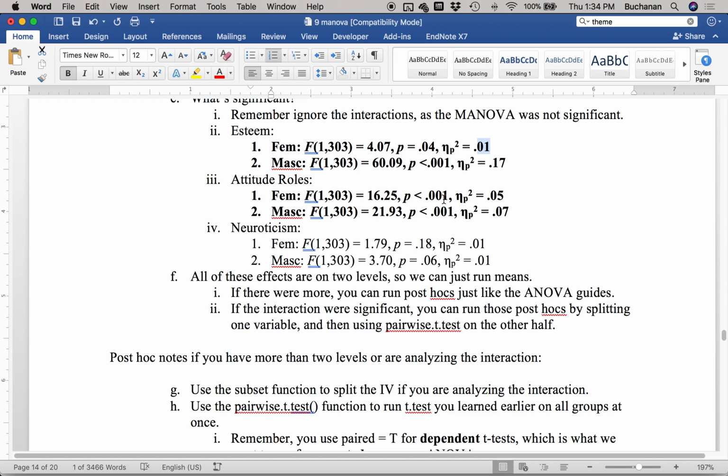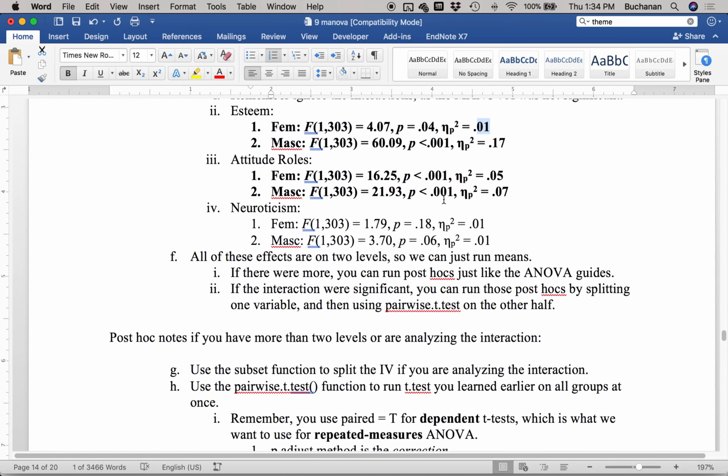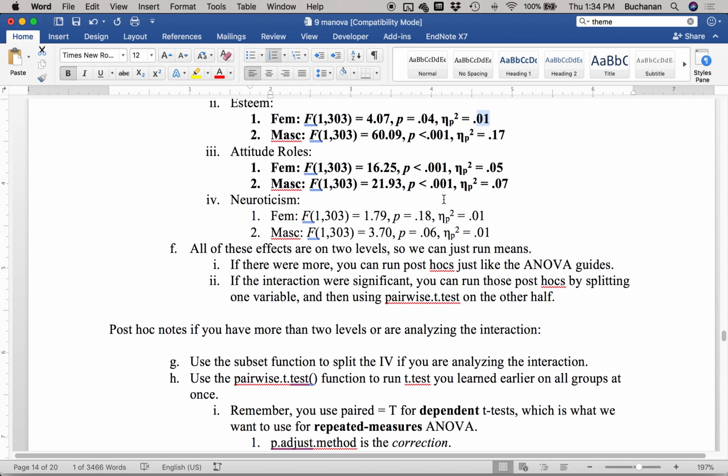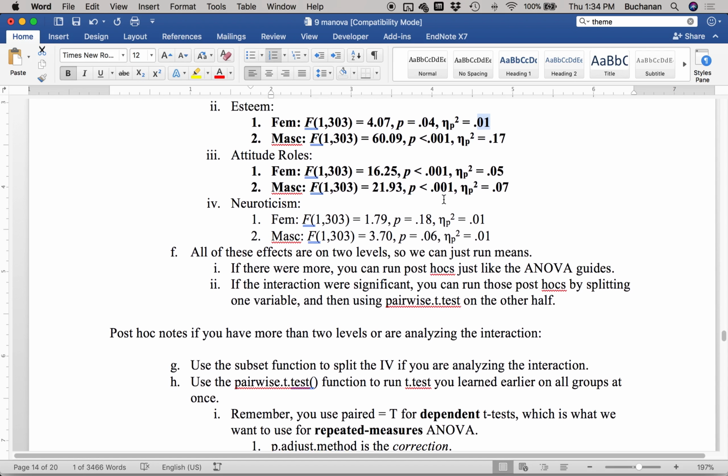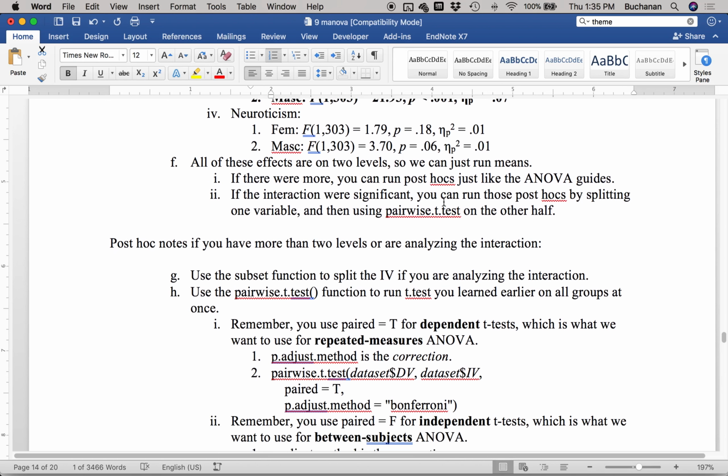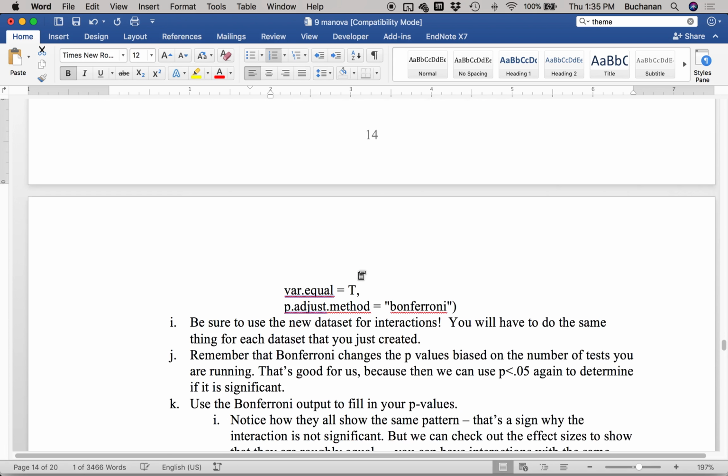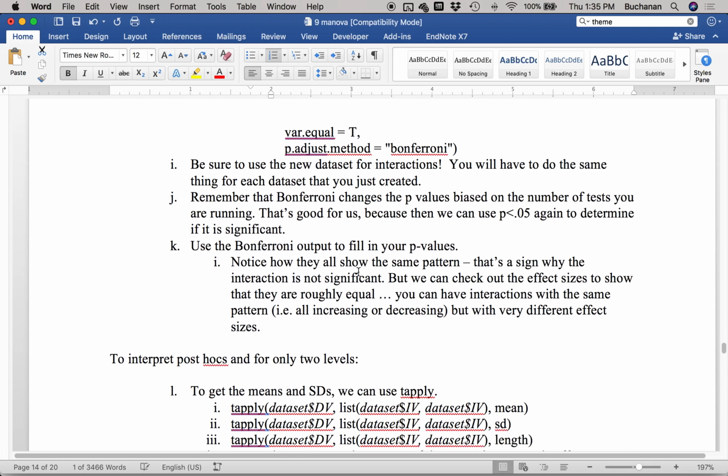Since these effects are only 2 levels, we can just look at the means. If there were more than 2 levels, then we would start having to do post hoc tests. You can look at the ANOVA guides to check those out, and we can run pairwise t-tests. If I was analyzing that interaction, I could split the variables and run pairwise t-tests. And then I just have some little notes here about how to do that in case you need to. But right now, what I want to do is just look at those effects. So for femininity,